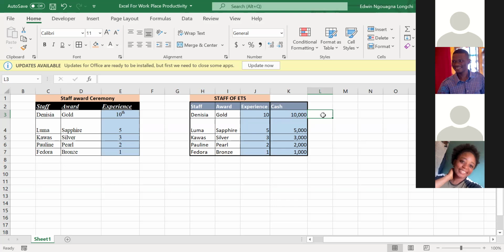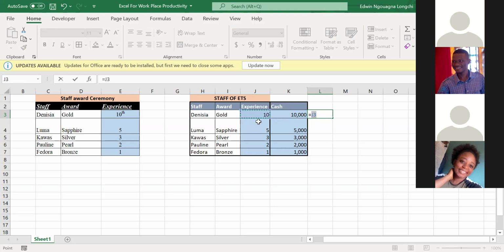If you want to calculate anything in Excel, you must begin with an equal sign. In mathematics, you end with an equal sign, right? But in Excel, you must begin with an equal sign. That's what tells Excel that you are calculating something. So I must begin with an equal sign. Then I want to take 10. So look, Excel is very, very beautiful. I'll just click here. Excel has said it is cell J3.